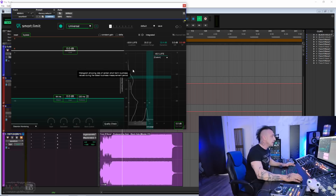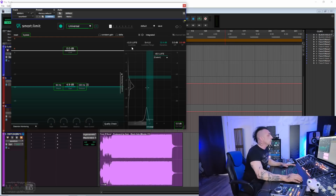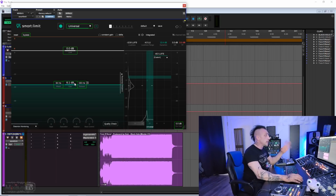You also have two histograms. One is for loudness, one is for dynamic, that you can keep an eye on if you want. Here at the top you also have your real-time reading, which, by the way, very cool, update when you change a parameter, and they update in real time, meaning even the long-term reading, like the integrated LUFS, change in real time, and they are accurate as you change parameter, so you don't have to replay the track with the new settings